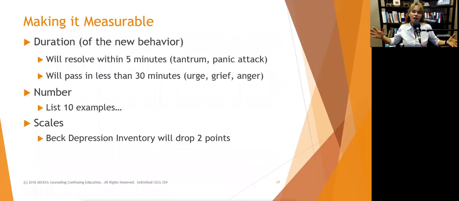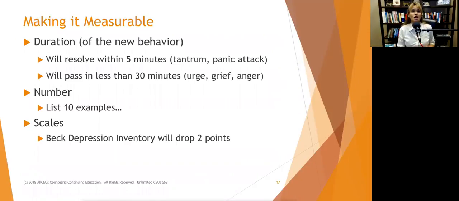But if they are just oppressed with grief right now, and 15 hours a day they are crying and grieving, they're going to continue to have some grief episodes. But if those grieving episodes, when they have a memory that triggers a grief reaction, only last 30 minutes as opposed to 3 hours, that's some really good progress.